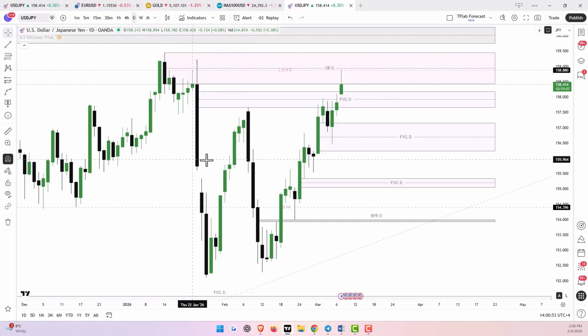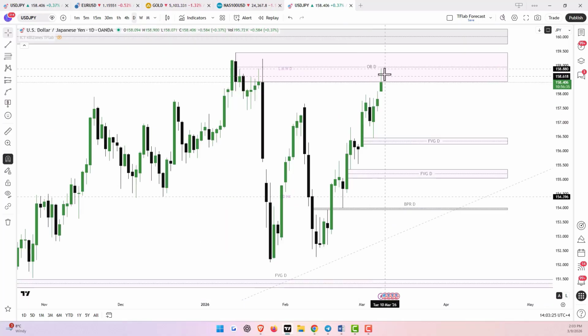For the daily time frame, we can observe that last week, on the first trading day after the announcement of the war news between Iran and the United States and the strengthening of the dollar, a strong bullish candlestick was formed, and within this candlestick, a daily FVG zone was created. Later in the past week, the price fluctuated between the higher daily FVG and this zone, but eventually, with the start of this week, the price moved above this area as well and is currently reacting to the daily order